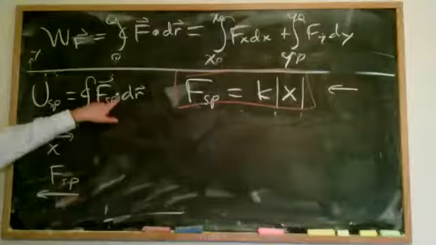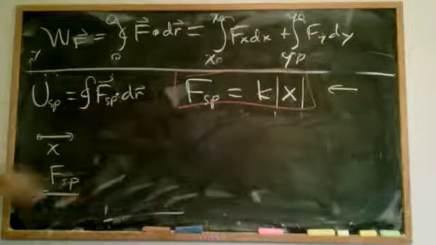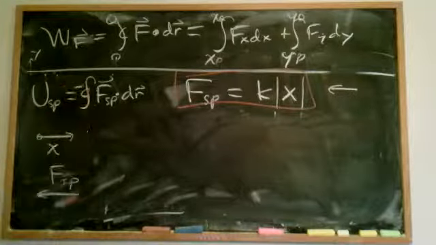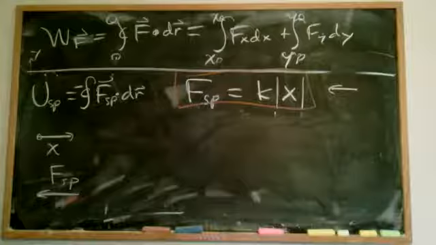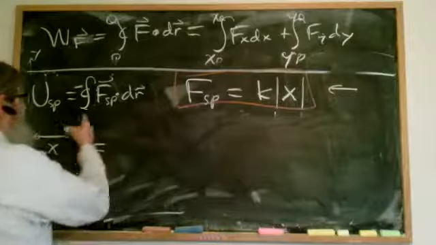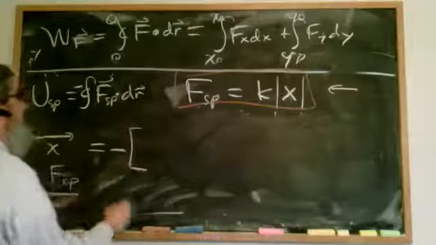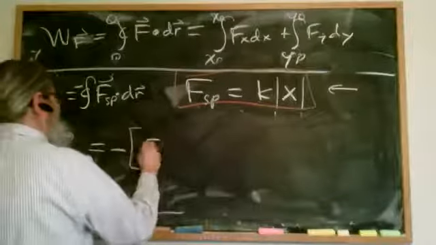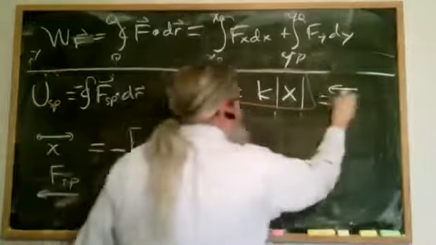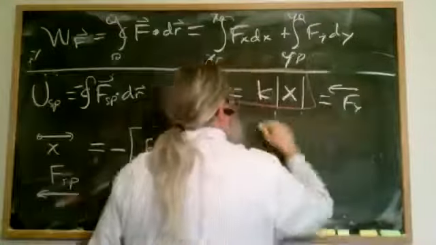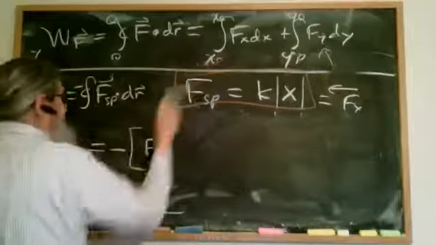So the dot product gives another negative sign. Sorry, this is the negative because I'm doing the negative of the work there. In other words, the potential energy is the negative of the work. So that's the negative of the spring force, which is just the x component of the spring force, and that's the only component, right? That's F of x. The other components are 0 for the spring force, so it's just this first integral I need to do.